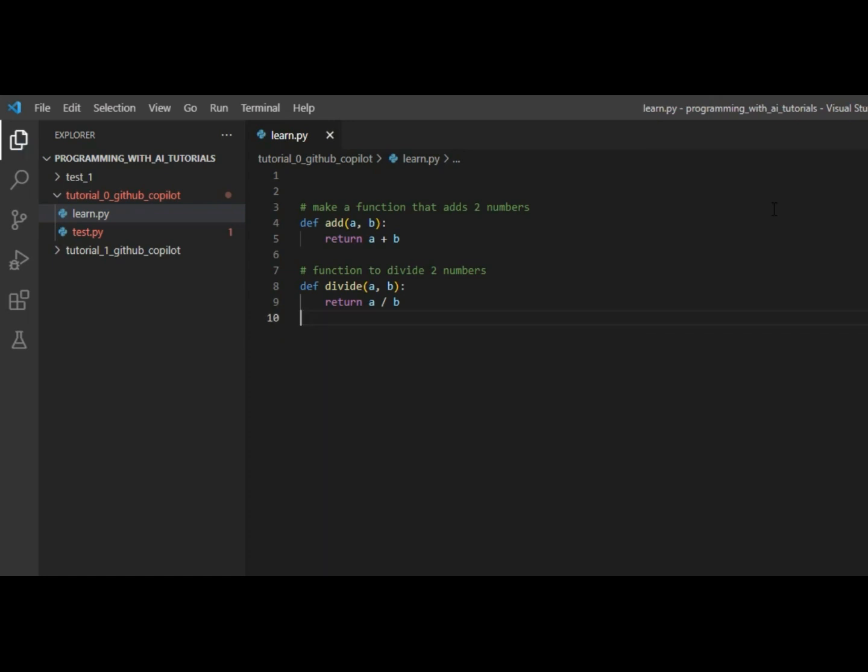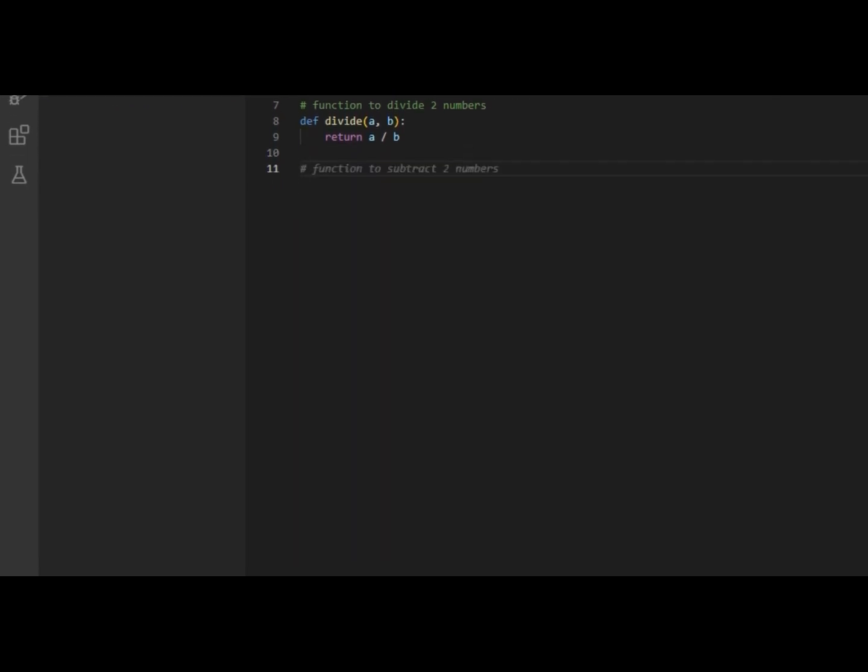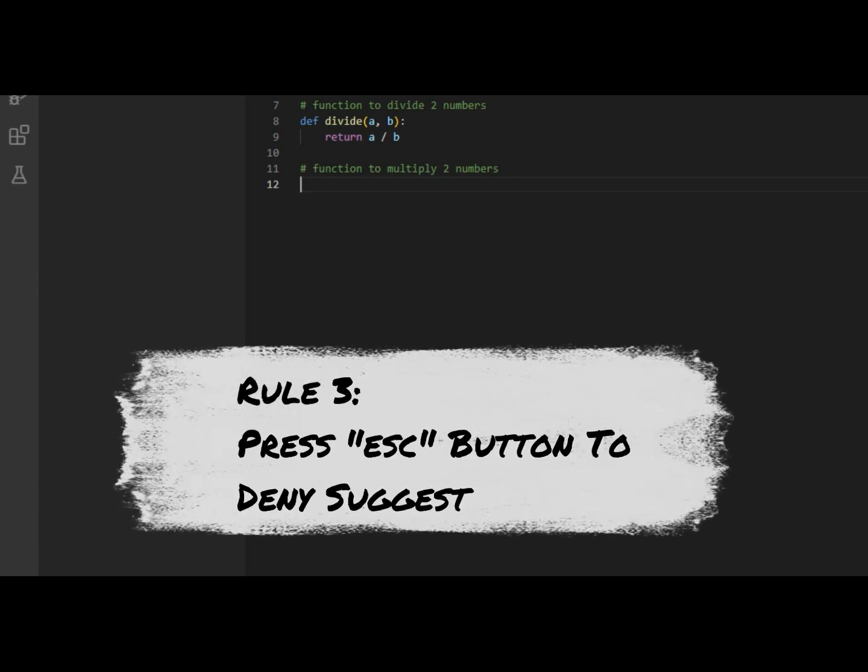Then let's go over to the next thing, which is dismissing an inline suggestion. So let's just say I do function to multiply two numbers. Now, if I do this, I can press tab or I can just press escape, and then it'll take away that particular recommendation. So that's only when you don't want the recommendation, you can